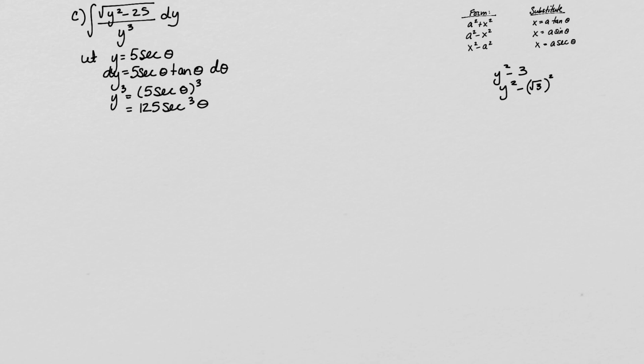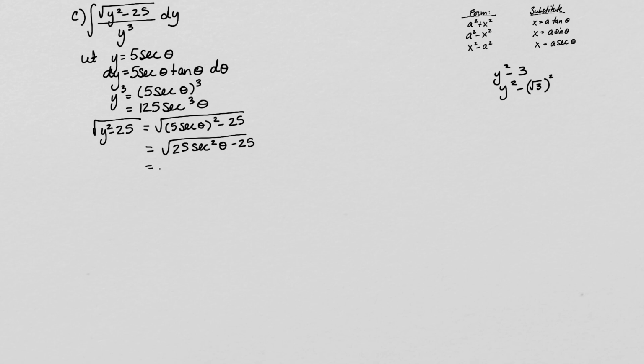Okay, so the other piece we need to figure out is the square root of y squared minus 25. So it's going to be the square root of 5 secant theta squared minus 25. And 5 secant theta squared is going to be 25 secant squared theta minus 25. And so this should always work out for you. You should be able to factor something out and